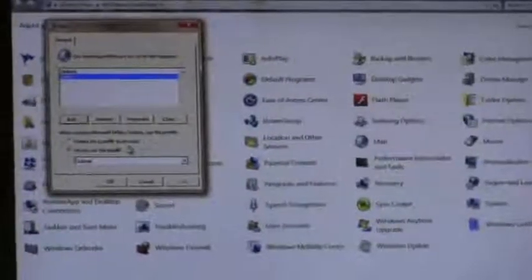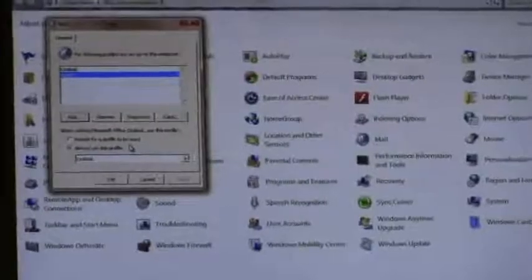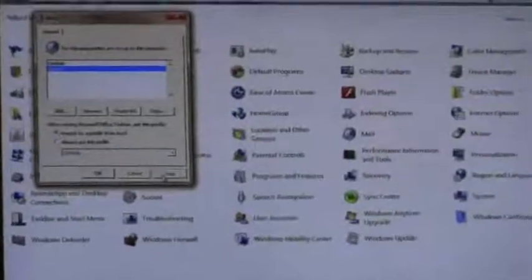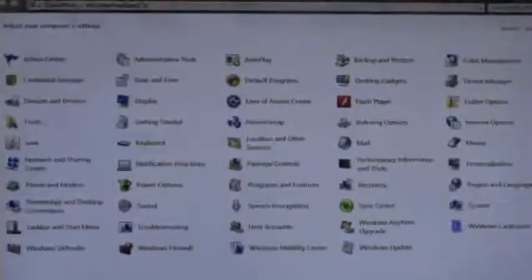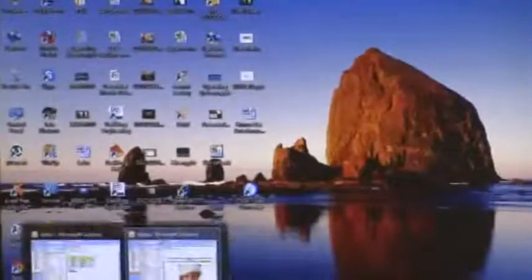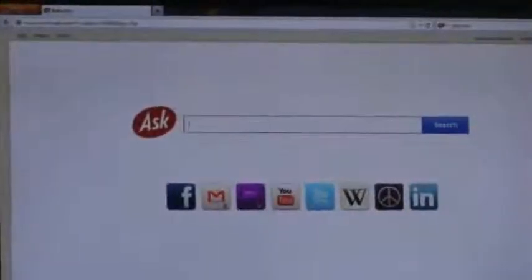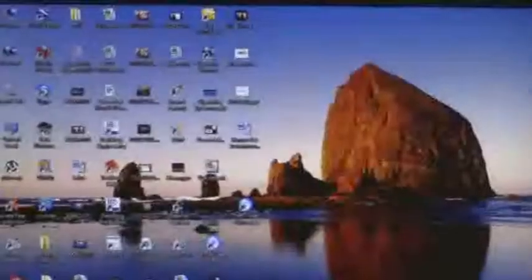There is one option in the profile: prompt for a profile to be used, or always use this profile. You have to select prompt for a profile to be used. I am selecting it because after you open Microsoft Office, the shared mail is already configured.